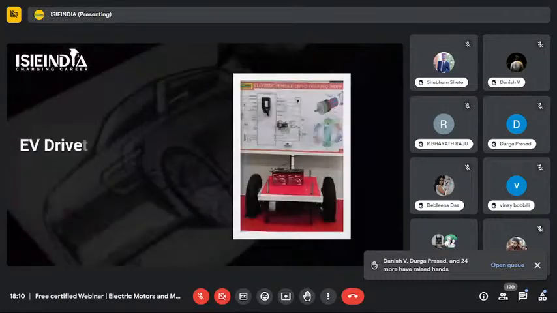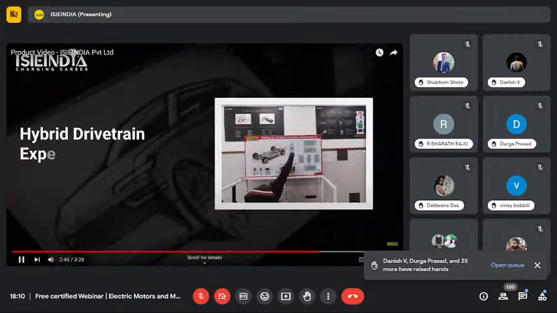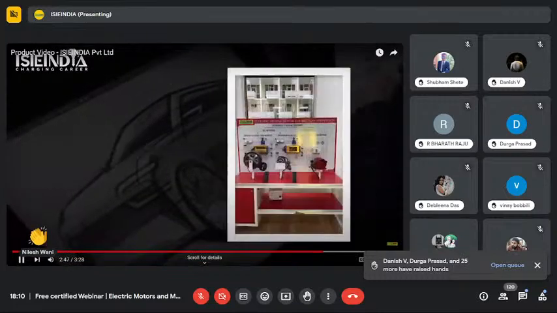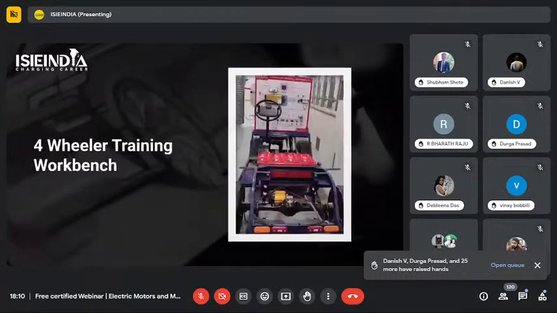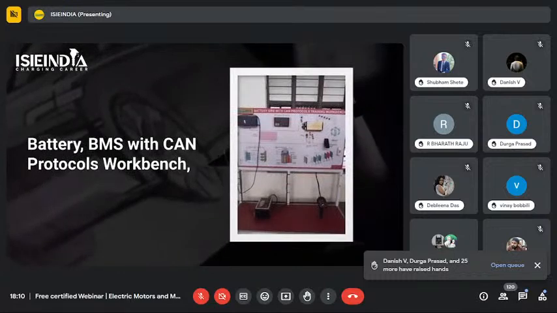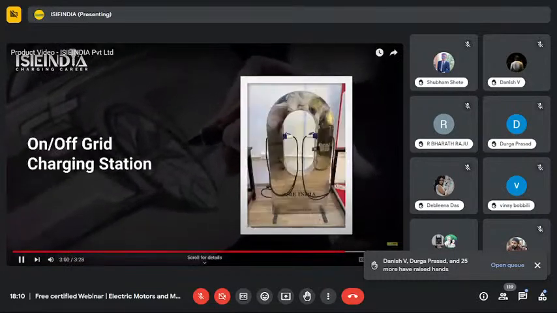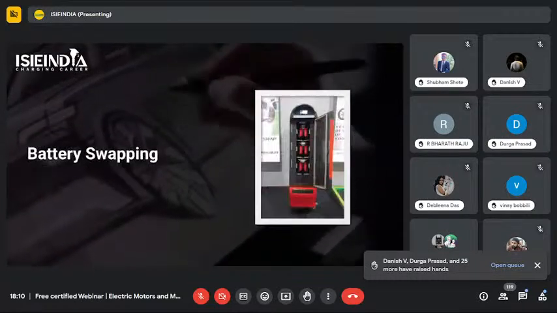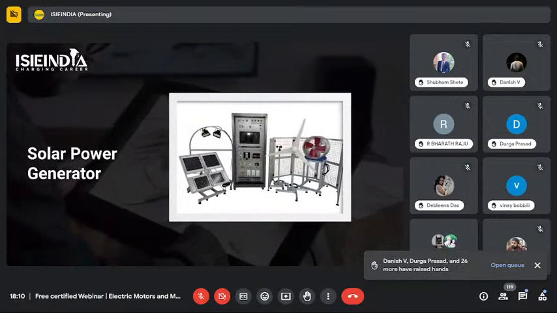A few of them include EV drivetrain experimental setup and motor testing workbench, hybrid drivetrain experimental setup with data logger, EV machine cutout section workbench, 2-wheeler, 3-wheeler, 4-wheeler training workbench, battery load capacity testing, battery BMS with CAN protocol workbench, V2G setup, on or off grid charging station, battery swapping, autonomous vehicle training workbench, solar power generator and software solutions